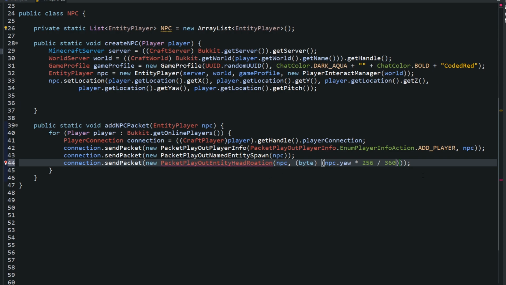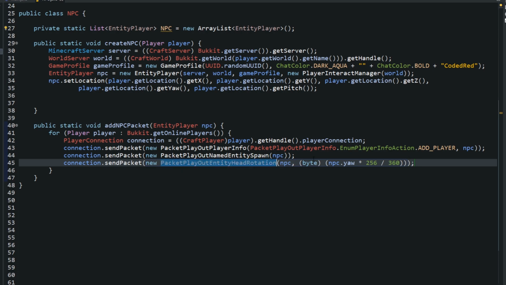Did I mess up somewhere? PacketPlayOutEntityHeadRotation. Okay, there we go. Connection.sendPacket PacketPlayOutEntityHeadRotation.